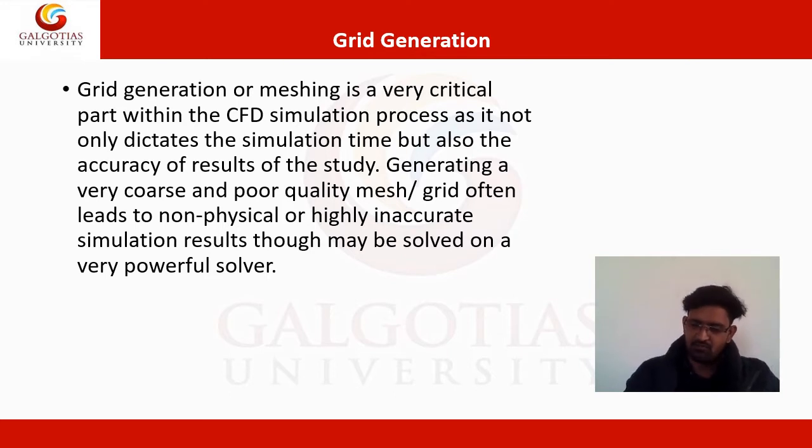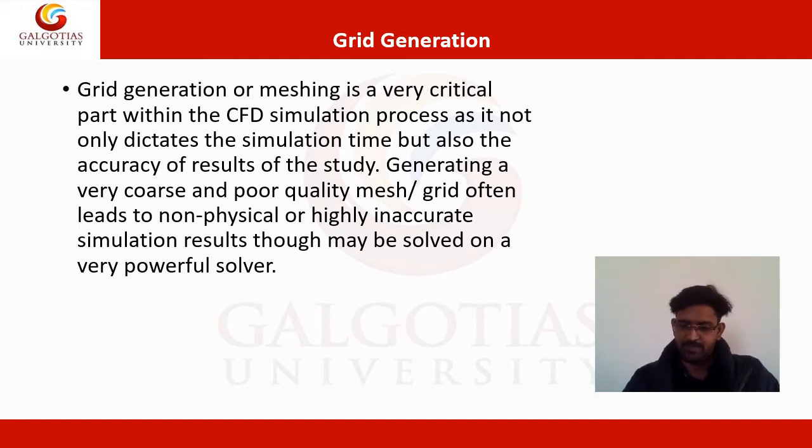But suppose that we are solving the problem on ANSYS Fluent, which is a very good solver. But if we have not checked the size and aspect ratio of our mesh or grid, and we have started searching for the solution to the problem, the simulation will take too much time, and even the solution that we get will be totally worse. So what should be the proper grid size? It should not be too fine and should not be too coarse.